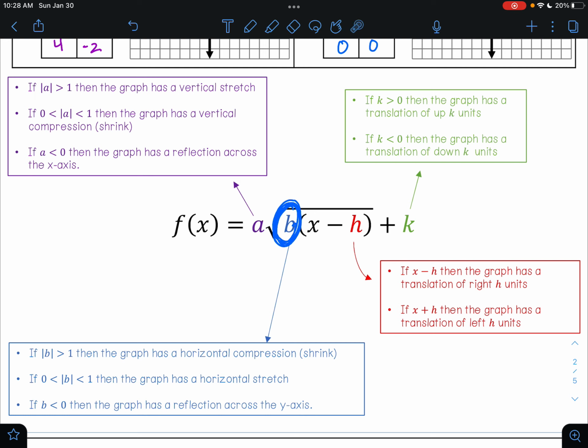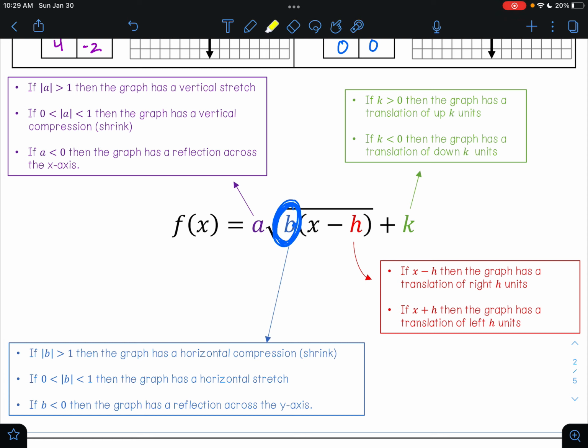The rules for b are: if the absolute value of b is greater than 1, then you will have a horizontal compression, also known as a horizontal shrink. If the absolute value of b is between 0 and 1, then you will have a horizontal stretch. And if b is negative, then you will have a reflection across your